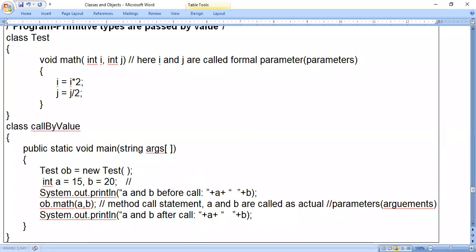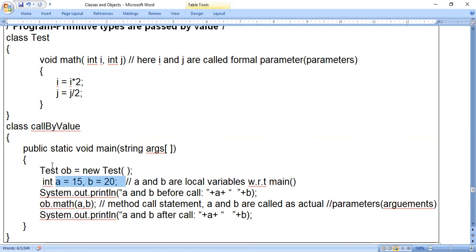So here, A and B are local variables with respect to the main method, we can say, or with respect to the call by value class, whatever it is. So in the particular main method, they are local variables. These variables you cannot use outside the main function, because those are local variables. Local variables means we should use them within that block only. We have started the main function block here, and we have closed it. We use them within this function only.